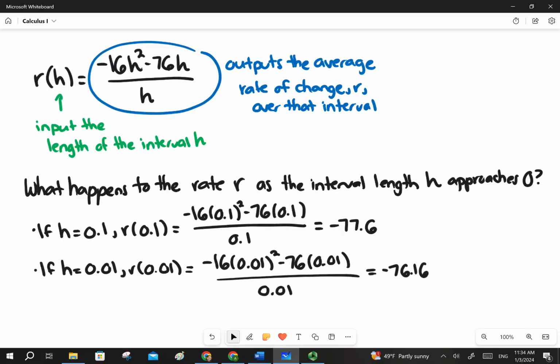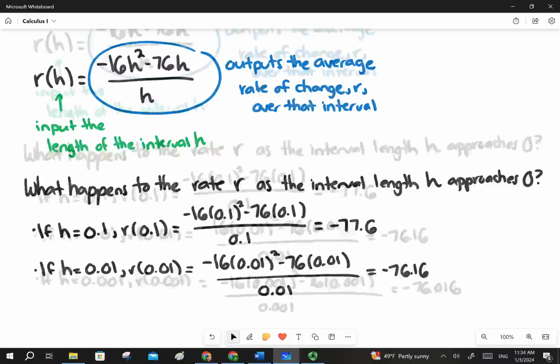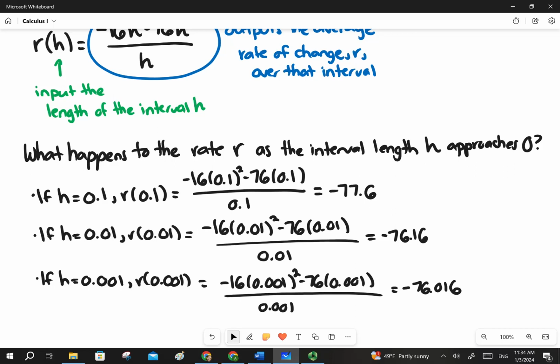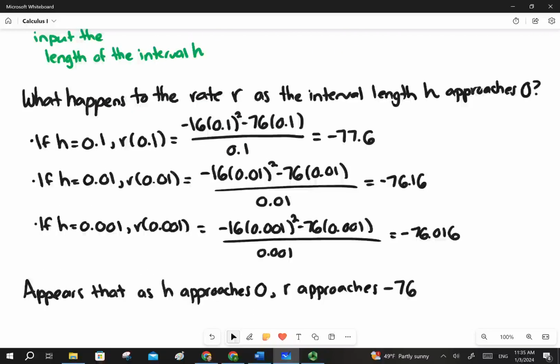If h equals 0.01, then r of 0.01 equals negative 16 times 0.01 squared minus 76 times 0.01 over 0.01, which is negative 76.16, the rate of change from t equals 3 to t equals 3.01 seconds. And if h equals 0.001, we do the same thing and we get negative 76.016, the rate of change from 3 seconds to 3.001 seconds. Just by looking at these numbers, we can see that r at least appears to be approaching negative 76 as